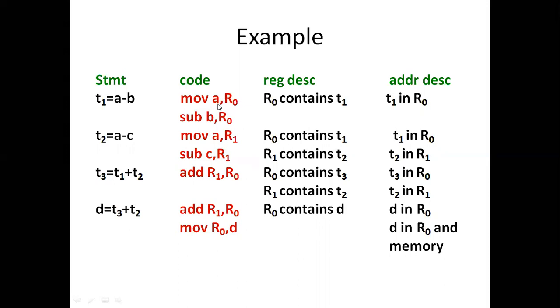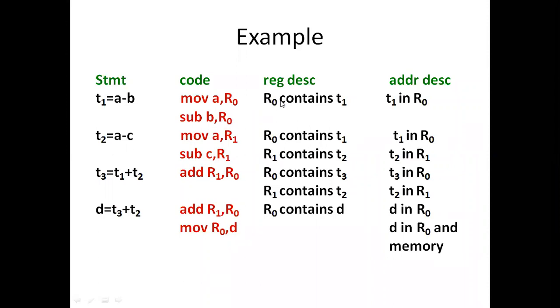the variable a, and here we perform the arithmetic logic unit SUB, and we are subtracting b from a, that is, a was already stored in R0. And this is the target code sequence for the statement T1 is equal to a minus b. And now, how was the register descriptor, because we are using register R0 here, right?